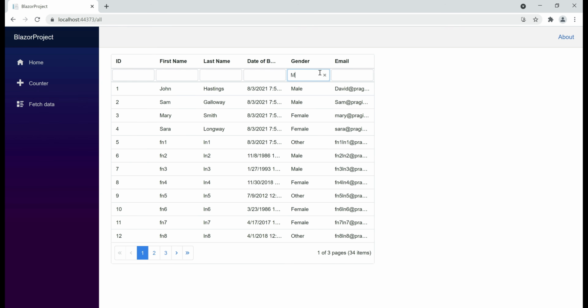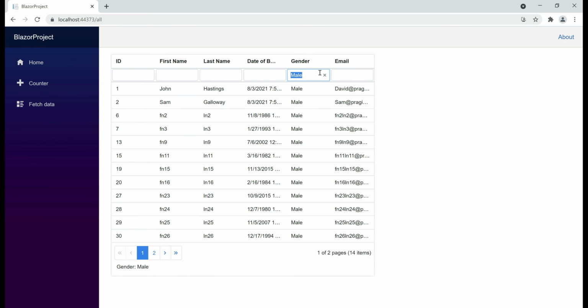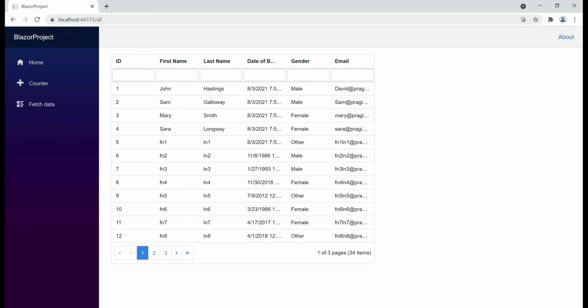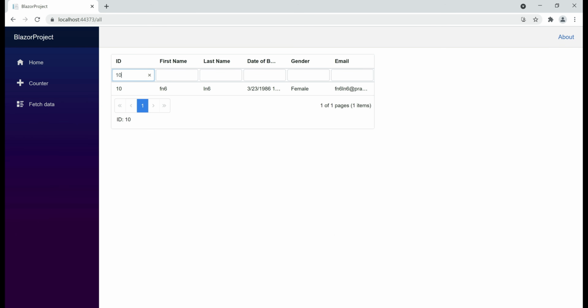Notice now the search is performed more quickly. Now, here is another interesting feature. In these filter text boxes, we can also use expressions. For example, let's filter by the ID column. So if I want to find an employee whose ID is 10, we simply type that value and we see